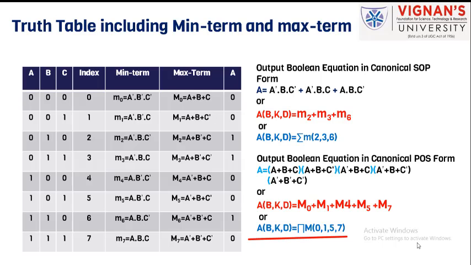Like that, in different ways we can represent the max terms and min terms from the truth table. That means by using direct variable combinations, we can represent min terms, or by using small m, we can represent min terms, or by using the symbol sigma with respect to decimal numbers, we can represent min terms. Likewise, by using capital M, we represent max terms. By using the pi symbol with respect to decimal numbers, we can represent max terms.